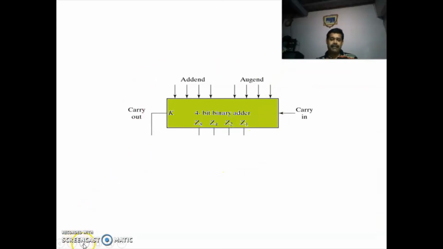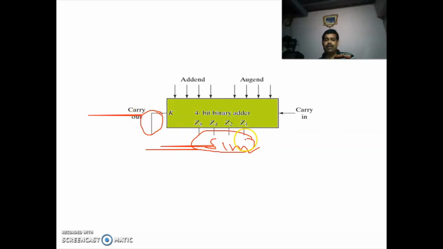First we need a 4-bit adder. This 4-bit adder will add the two BCD numbers using binary addition, and it will give the sum. Then we have to check whether this sum is greater than 9 or not. Next, if a carry is generated, we will also get the carry here. So if the sum is greater than 9 or if a carry is generated, we have to add 6.